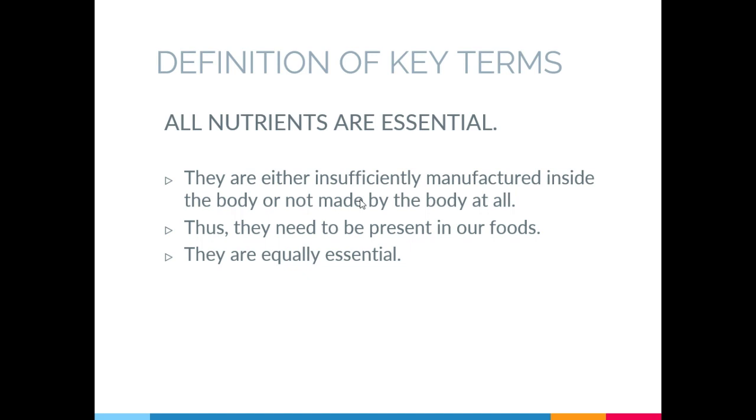And we do not have the capacity to produce vitamin C. That's the bad news. Our body does not know how to make vitamin C. So, where can we get our vitamin C then? We have to get it from our foods. So therefore, vitamin C is considered an essential nutrient because we need it plus we do not have the capacity to produce it. Okay? Compare that with cholesterol.